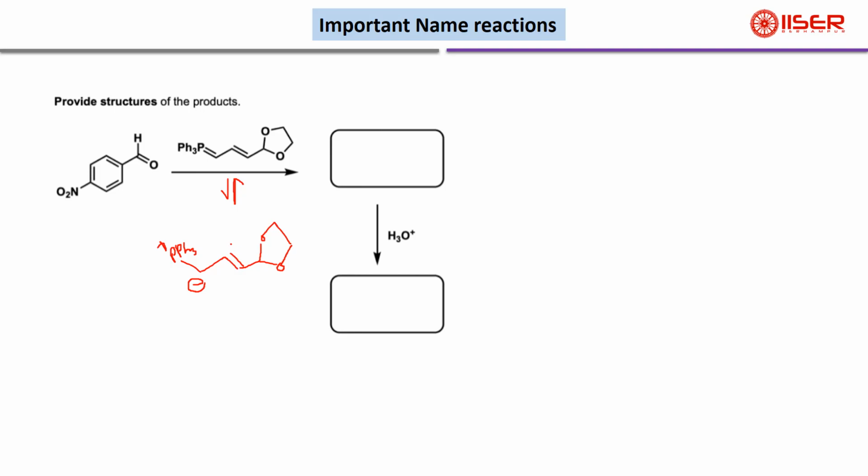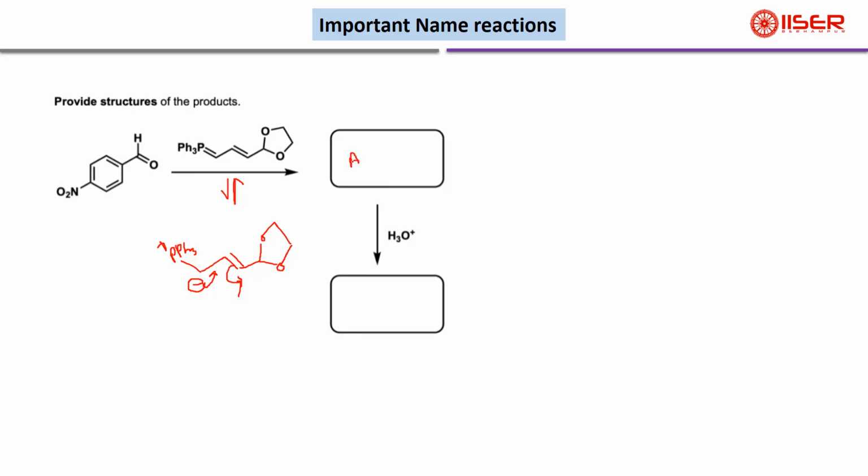Now, due to the presence of this allylic group, this negative charge can be delocalized. Therefore, this is a stable halide. This negative charge can be delocalized, so it is a stable halide, and a stable halide always gives an E alkene. So the product will be,